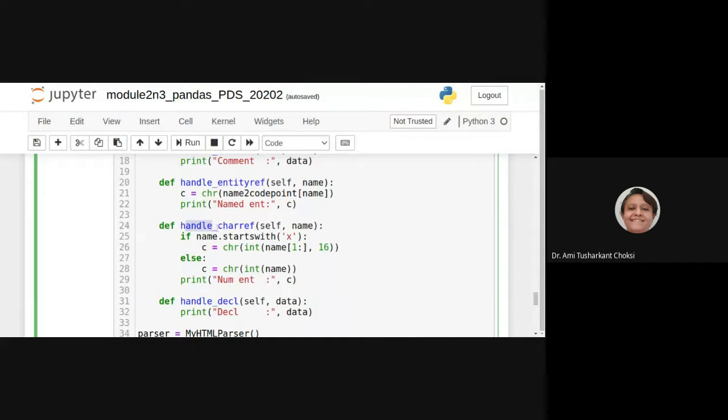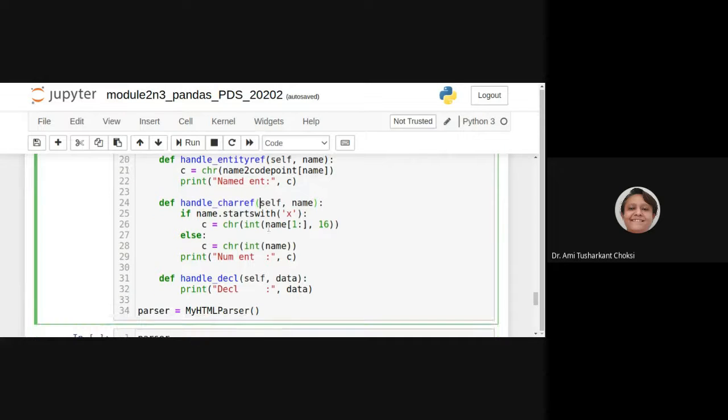Then handle_charref. What is there in that? If the name starts with x, we convert to a character the value from index 1 onward, excluding the x, in base 16. So the hexadecimal value is converted to a character.